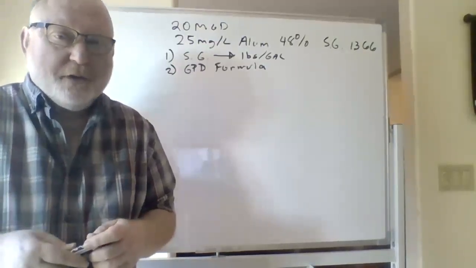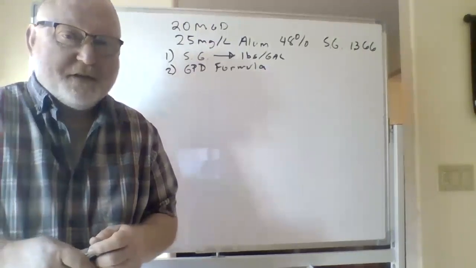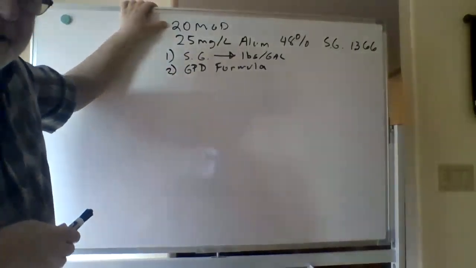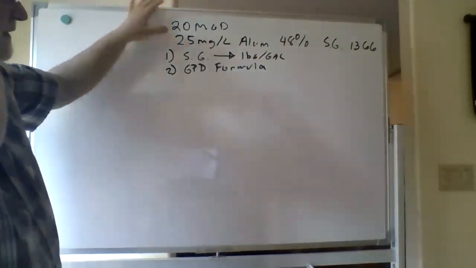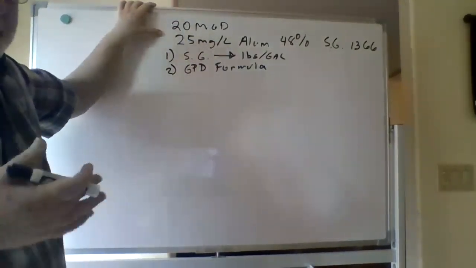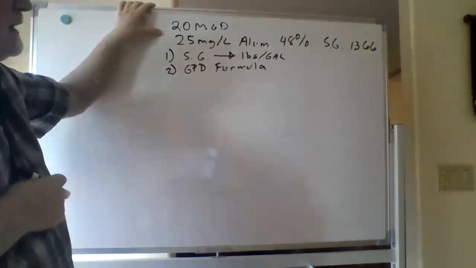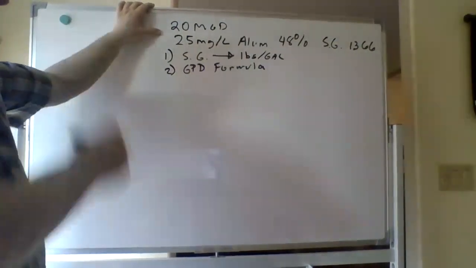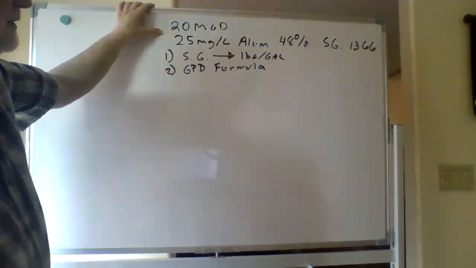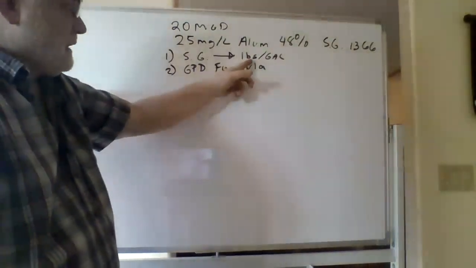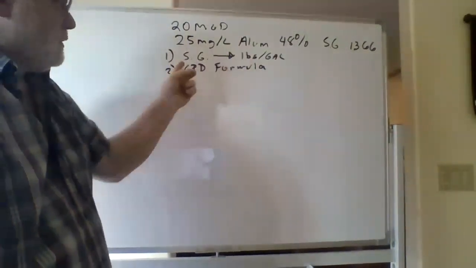All right, so I thought I would do a gallons per day where we're given specific gravity. So here we've got a flow of 20 mgd coming into the plant. We're going to dose with alum, aluminum sulfate, the most popular primary coagulant in the United States. The alum is a 48% solution. It's got a specific gravity of 1.366. And so the gallons per day formula is really using pounds per gallon in the bottom of the equation,